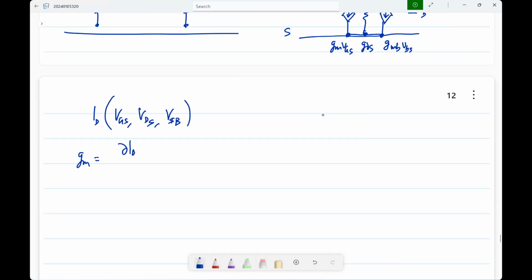It is the partial derivative of ID with respect to VGS. And what is GMB? It is the partial derivative of ID with respect to VBS. Now, if you use the square law model in the saturation region,